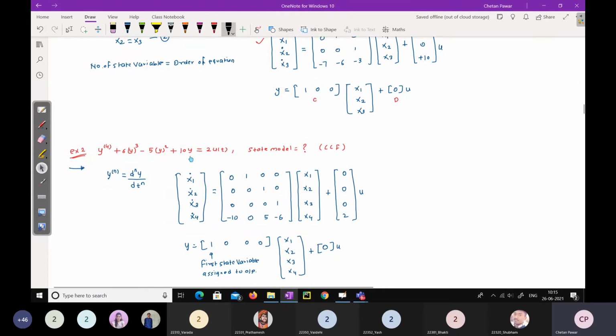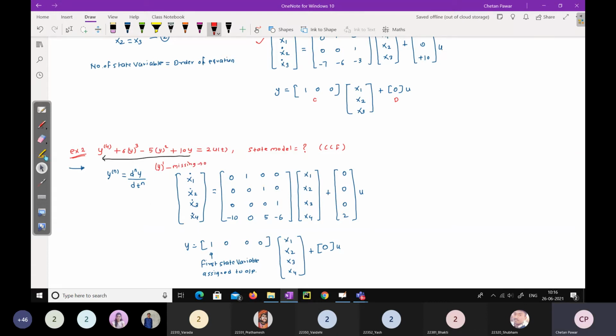Just start from this point and traverse like this. While traversing, take the opposite signs. So here plus 10 is there, so take minus 10. Here minus 5 is there, so take plus 5. Here plus 6 is there, so take minus 6, like that way. Now here, if you see this equation, the y1 term is missing. Y raised to 1 term is missing. So for this particular term, you will take 0.